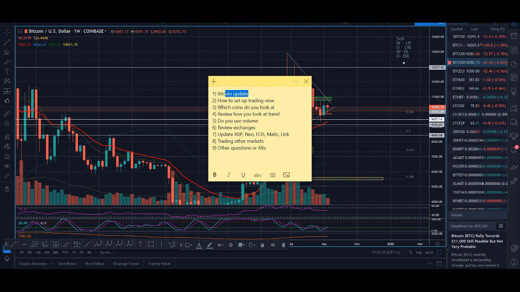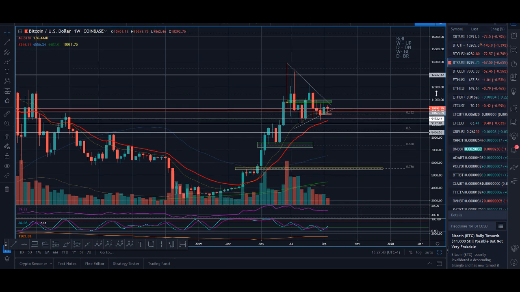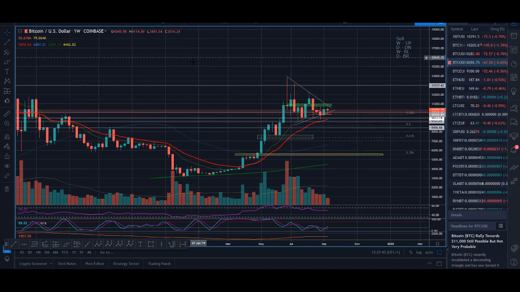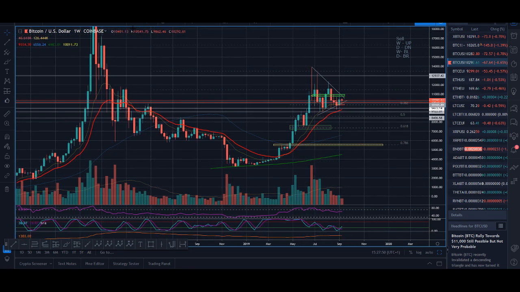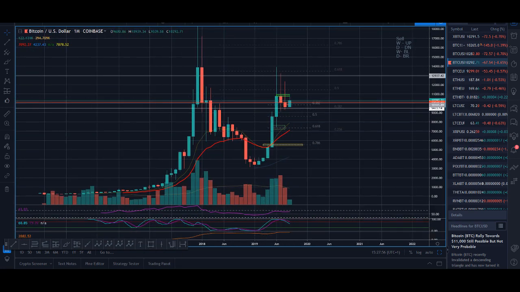So guys, to start off, let's have a quick look at Bitcoin. Overall time frame, guys: from whenever you start trading, you need to look at it from a high time frame, and the first thing you need to look at is the monthly or the weekly time frame. Without a shadow of a doubt, when you look at this chart, it's bullish. So on the high time frame, I am very bullish on Bitcoin. That's the main thing to do. Whatever analysis I do, I need to look at it from a high time frame that is bullish. Again, I'm talking mainly from a trading point of view. From an investment point of view, I'm even more bullish on Bitcoin.